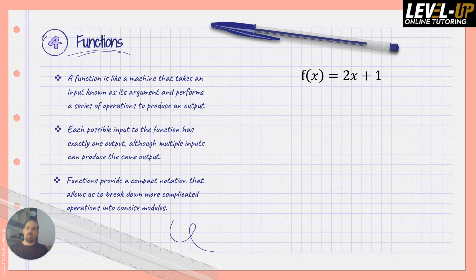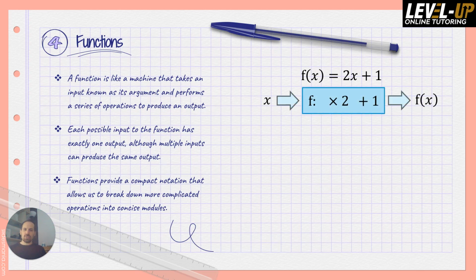So here we go. This would be an example of a function. And if we break that down, it's basically like this. Like you're taking x and you put it into this blue box, f. What is that f doing to it? You remember going all the way back to when we first started algebra and breaking down what is actually happening in that expression there. You've got the x, you're multiplying it by 2, and then you're adding 1, and that produces the output that we then label f of x, or sometimes you might label it y. So here's an example of another function,